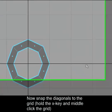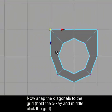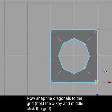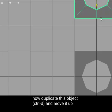So now, starting with this ring, I'll snap the vertices up to form a square. I originally did this without audio, so you're getting both audio and the text in the bottom. I thought it was just a little clearer if I added audio to it. So now I've got one square with a circle in it, and then what I'll do is I'll snap that up,